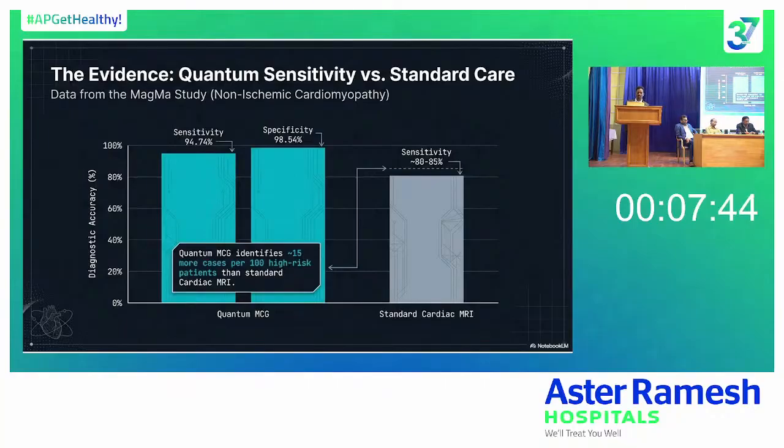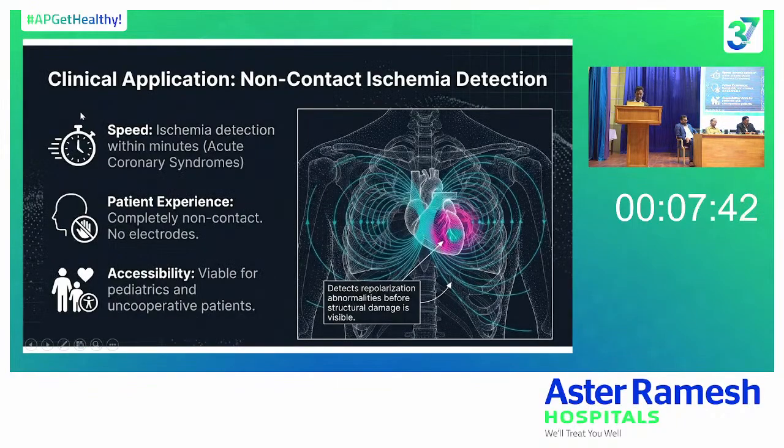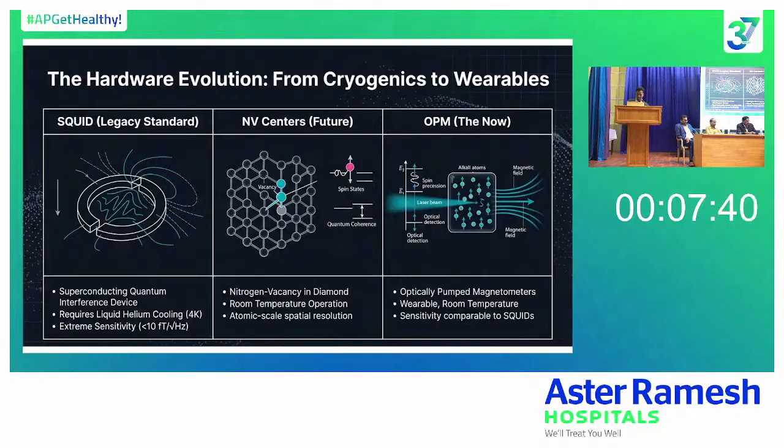The same thing as discussed previously. I'll go quickly. So this is the SQUID which I was talking about, but the problem with the SQUID is it requires huge infrastructure and requires the SQUID, or the quantum sensors, to be maintained at very low temperatures. But in future we are going to get wearable quantum sensors, where, say, this quantum sensor is embedded in your Apple Watch.